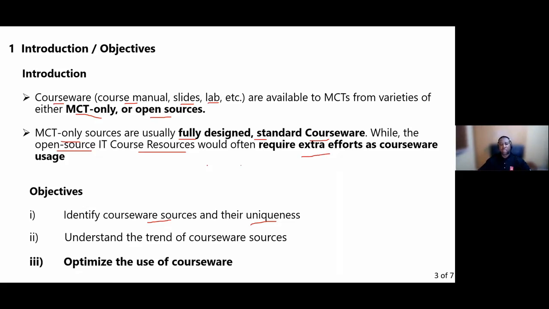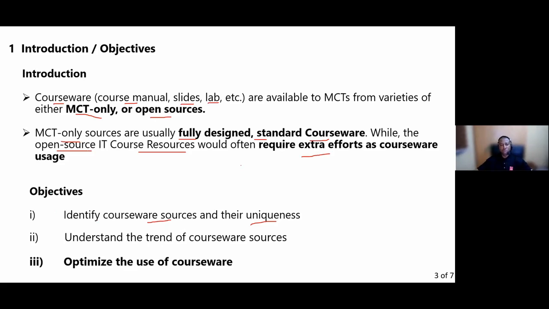But if you get a courseware from an MCT source, there's usually less work. The courseware from the MCT source has been fully provisioned, at like 99.99% completion. But that courseware is usually specific to that particular course alone. Whereas the open source can be adjusted to provide multiple courseware from it.